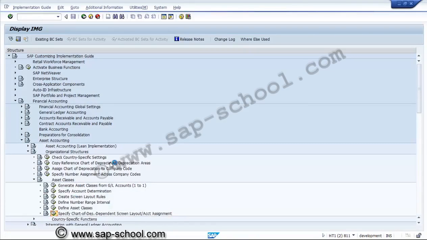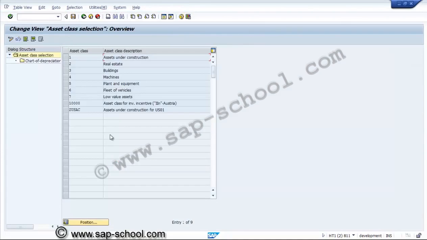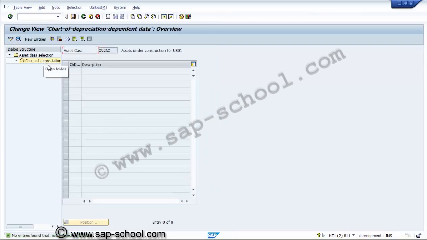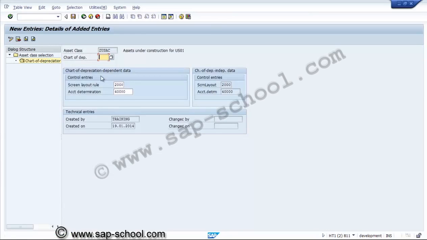So here we have a class WBS. Here we see this we have to take to chart of depreciation, that is 1 US. And screen layout and account determination are the same. So we have assigned